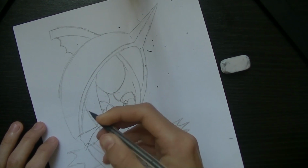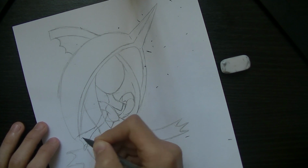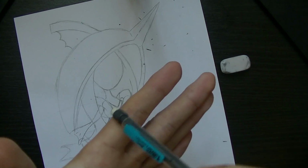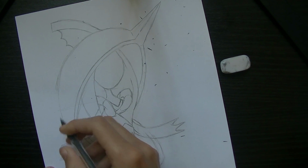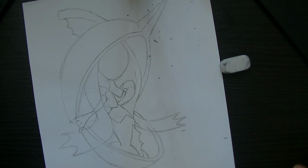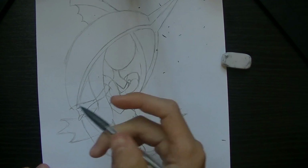The hands, or yeah, it kind of looks like it has, what do you call them, like frilled? I don't know, it's like when you have skin between your fingers. That's kind of what it looks like, because you can see the lines of the fingers here and the skin just in between the fingers. So I think it has, I don't know what you call it. What do you call it? I know it's in the back of my head somewhere. I just don't remember what you call that. Anyway,